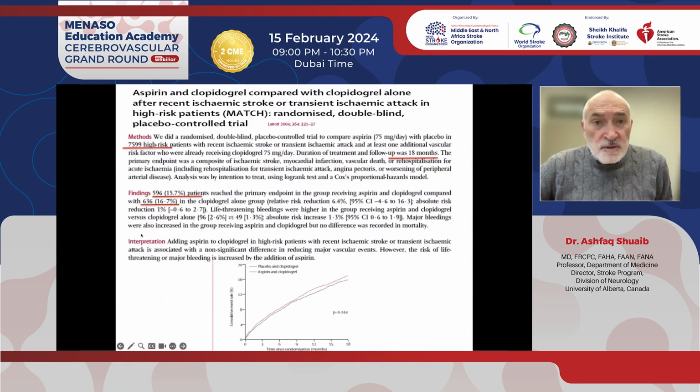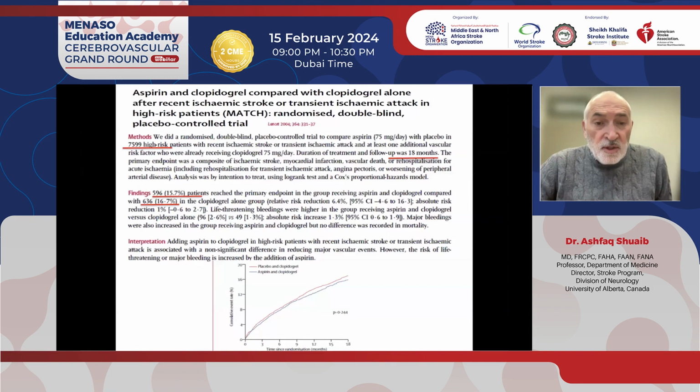Our first study was this study. We were part of it, and we again enrolled a very large number of patients, I think 120 or so patients, where you wanted to look at Plavix, because the company that was doing the study was making Plavix. They wanted to show that Plavix plus aspirin is better than aspirin alone. So almost 7,600 patients. You surprisingly see that those who are on a single agent or dual agents have very little difference. This was a big surprise to us, that long-term dual antiplatelet agents were not a good idea.